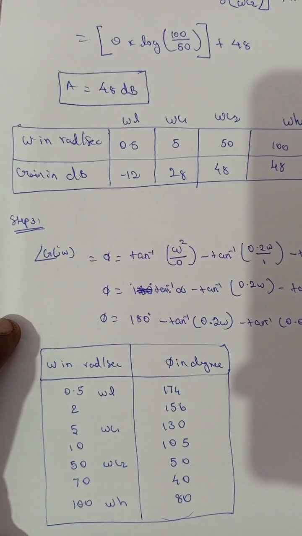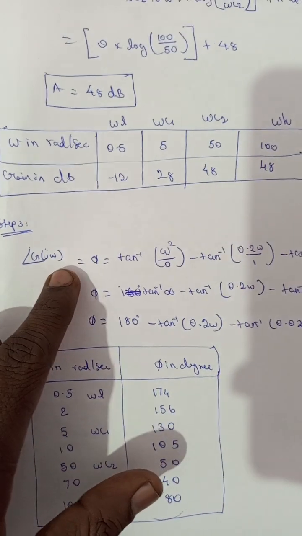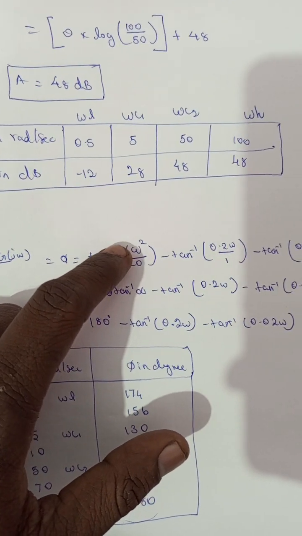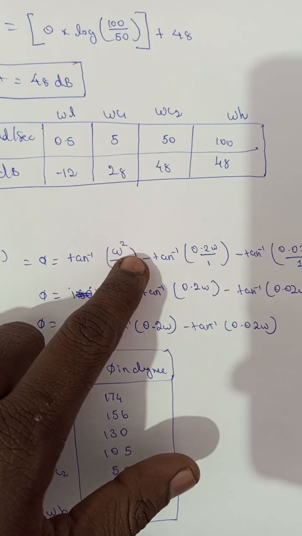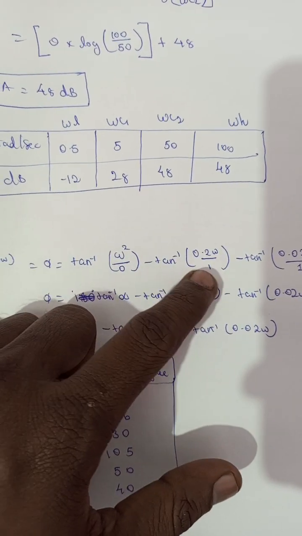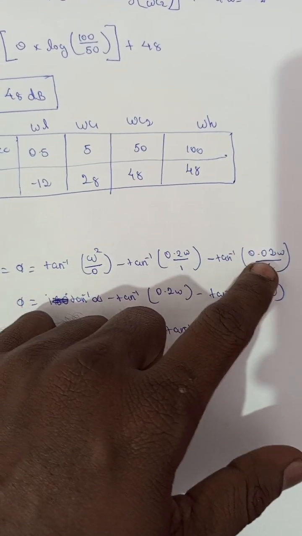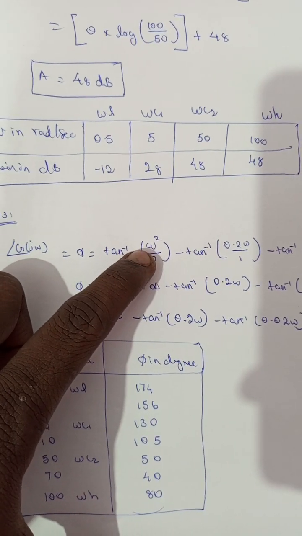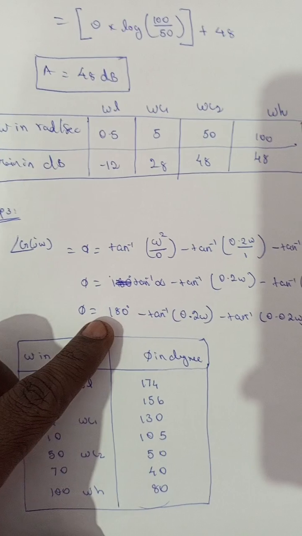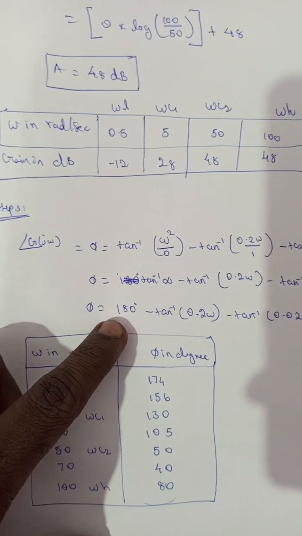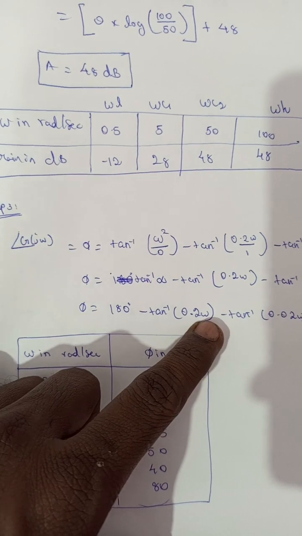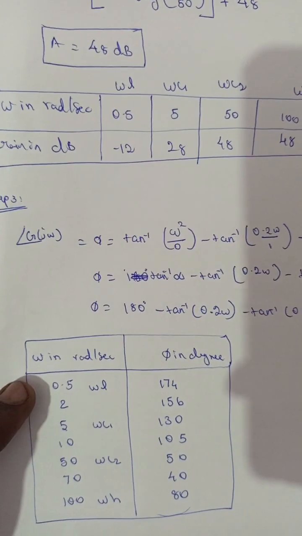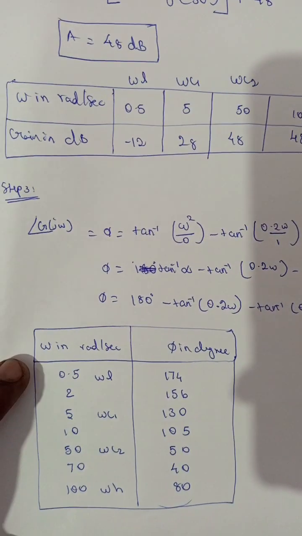phase plot. So the formula for the phase plot is theta is equal to tan inverse of omega square divided by 0, minus tan inverse 0.2 omega divided by 1, minus tan inverse 0.02 omega divided by 1. So since there are 2 omegas, if there is only one omega, we will take it as 90 degrees. Since there is a square, we are taking this as 180 degrees, minus tan inverse 0.2 ω, minus tan inverse 0.02 ω. You have to replace these omega values with our values, and we have